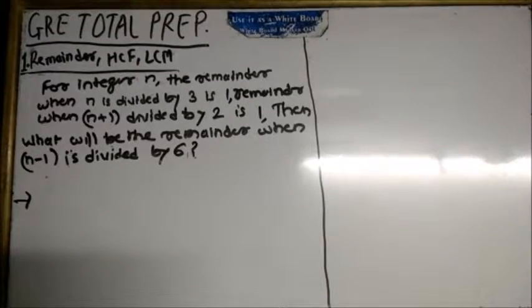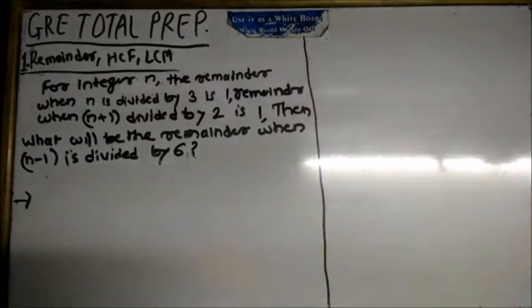Hello internet, this is GRE Total Prep and we are looking here for the chapter Remainder, HCF and LCM. So we will try to solve as many questions as possible and we will try to make our time constraint of 1 minute for each problem. But still, let's start with the first one and find out how much time it will take for us to